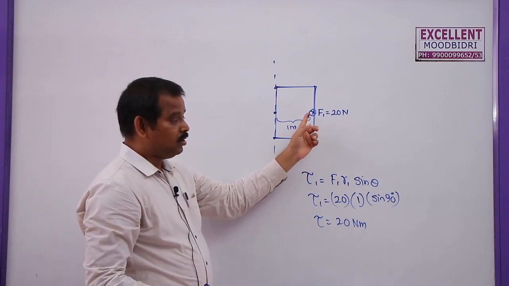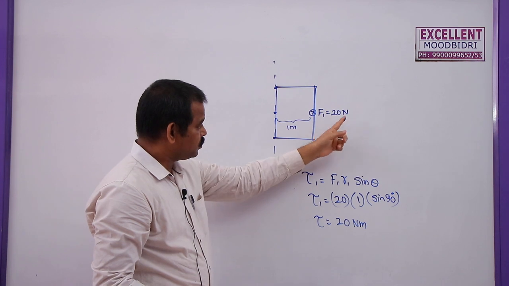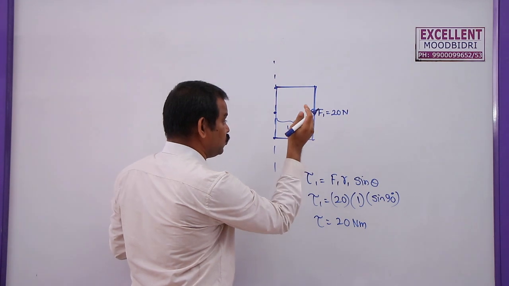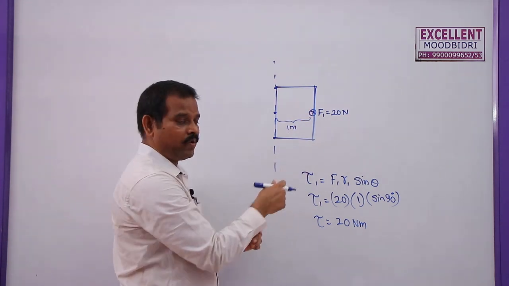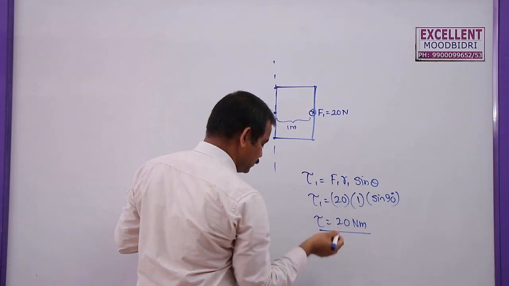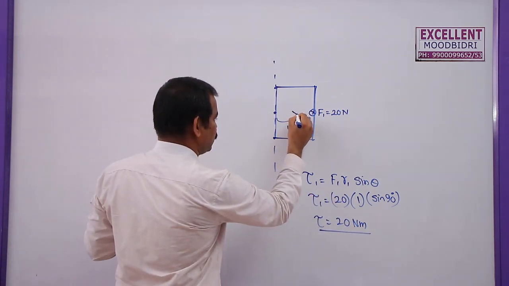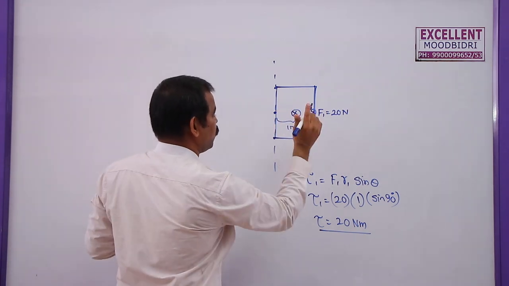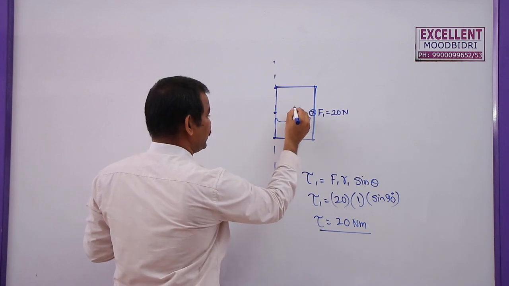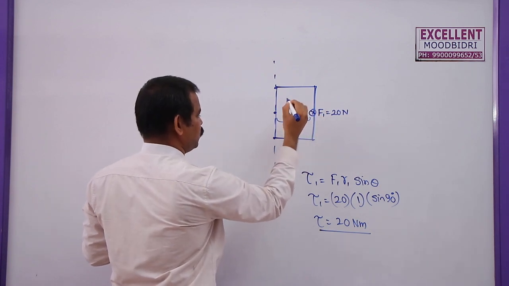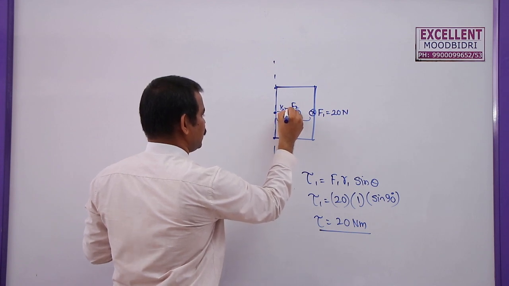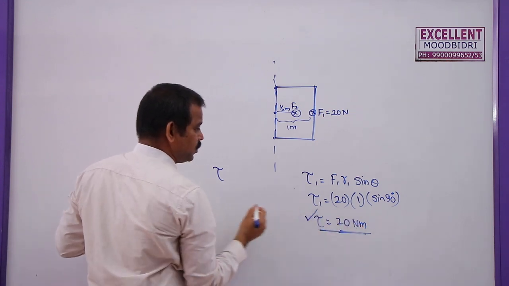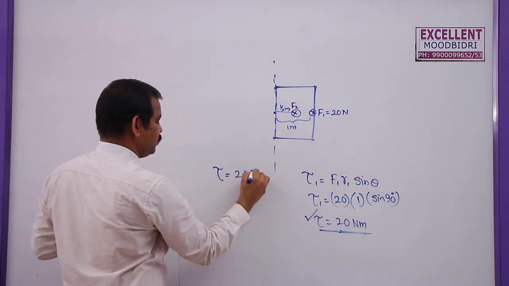If the door is closing by using this force only, then the minimum torque required to close the door is this much, and the minimum torque required to open the door is also this much. Now, if you want to apply force at the middle of the door, either to open or close it, let us say here I am applying force F2, at a distance of half a meter from the axis of rotation. So now how much minimum force is required to close the door? The torque is 20 newton meter.